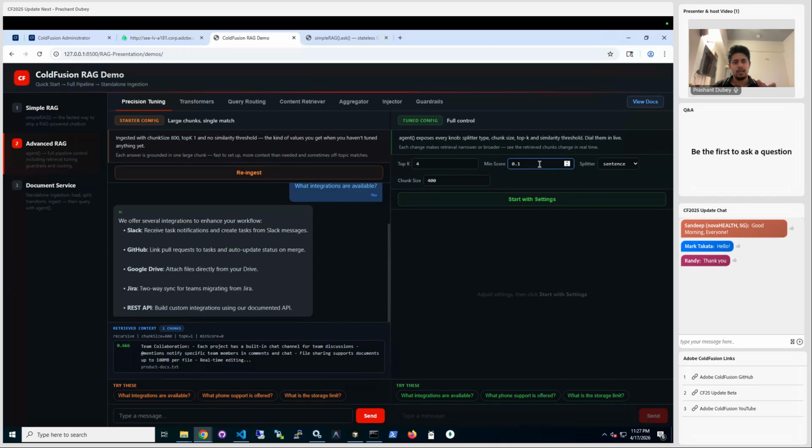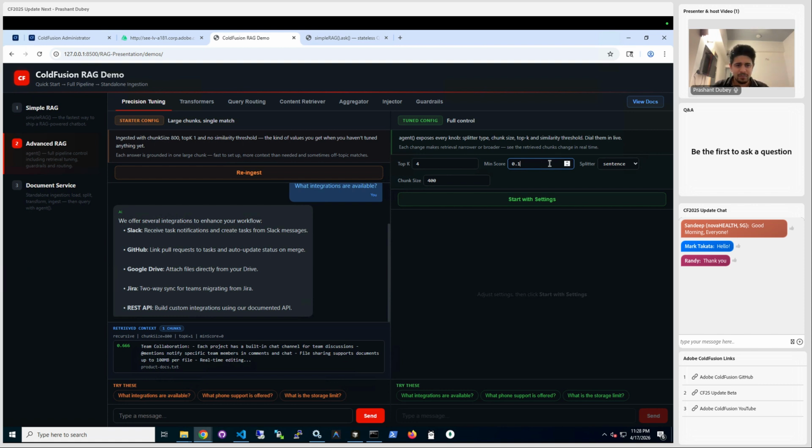So if I use a low minimum score and set top k to more, then we'll be getting more documents retrieved, but relevance might differ. So these are the tunings that you should be using in your config for whatever gives you the